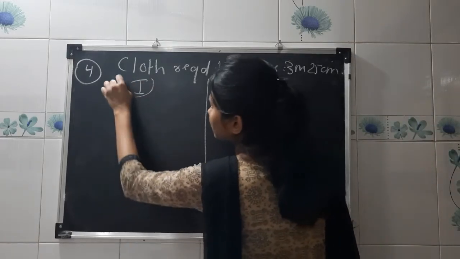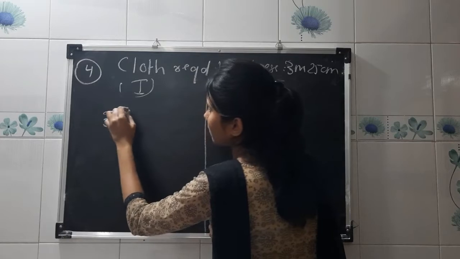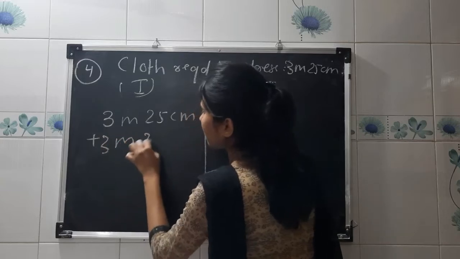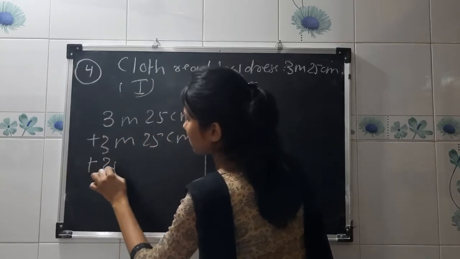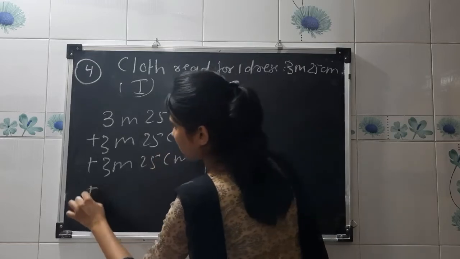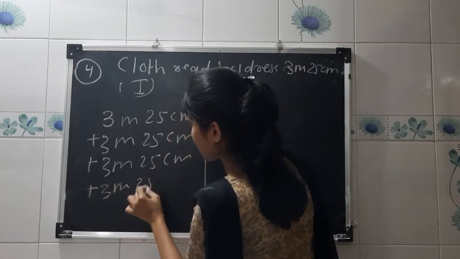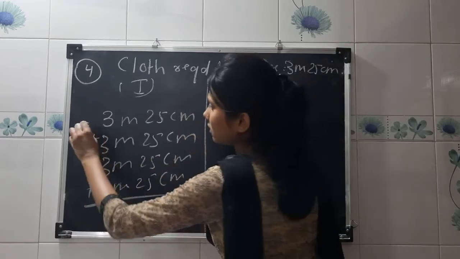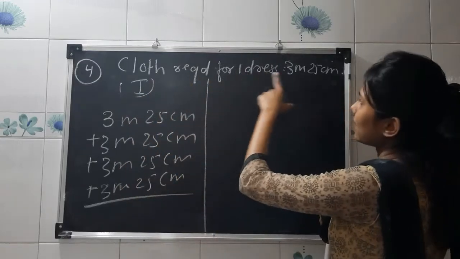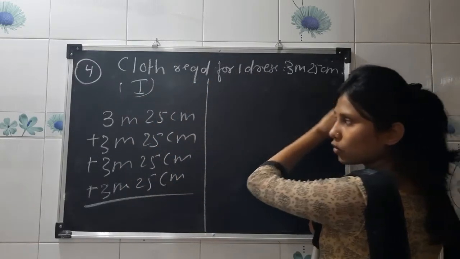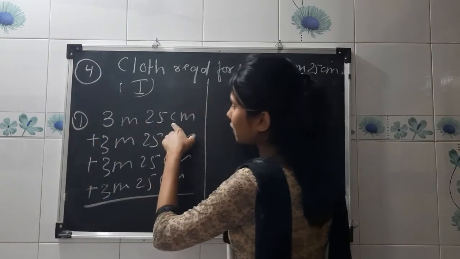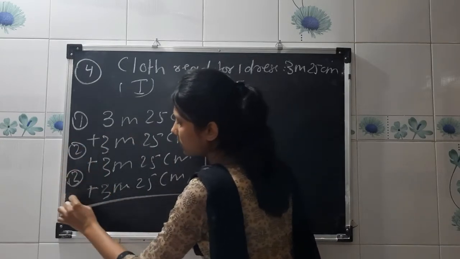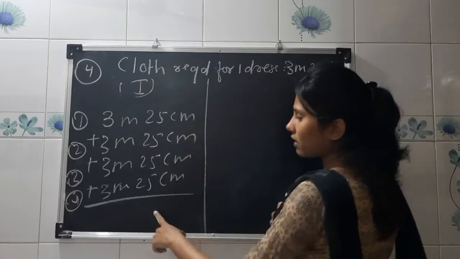So this is method 1. 3 meter 25 centimeter plus... So for one dress 3 meters and 25 centimeters of cloth is required. So this 3 meter 25 centimeter of cloth is required for one dress. This is for second, this is for third, this is for fourth dress. So you can either